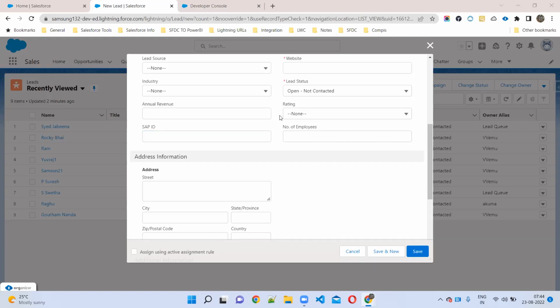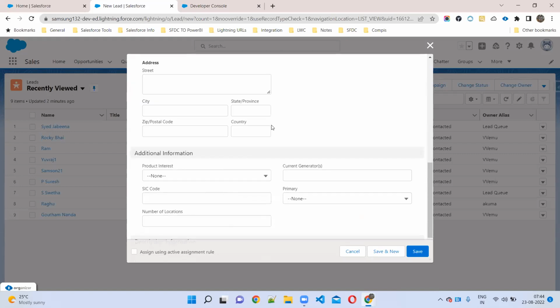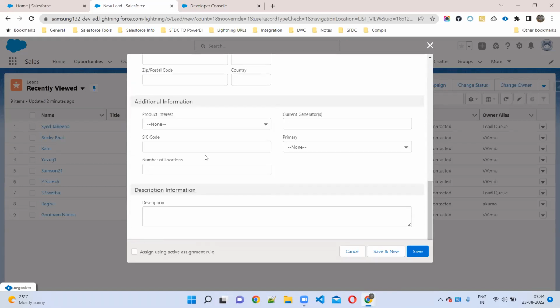Correct. Like this. SAP ID is a variable name. In this variable name, which data type are you storing? Integer. Integer. Understand everyone? Ajinkya Thackeray, are you following what I'm saying? Yes. Tell me this one. What is the variable name? A number of location. In this variable, which data are you storing? Integer. Integer.